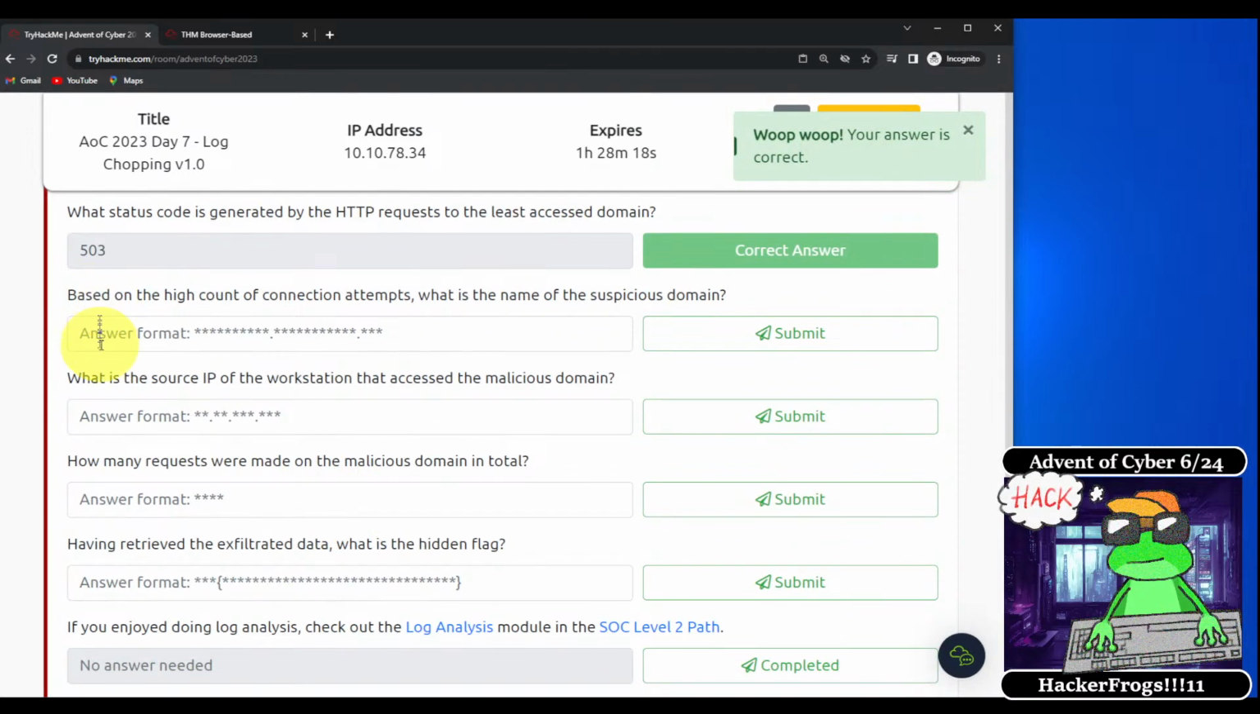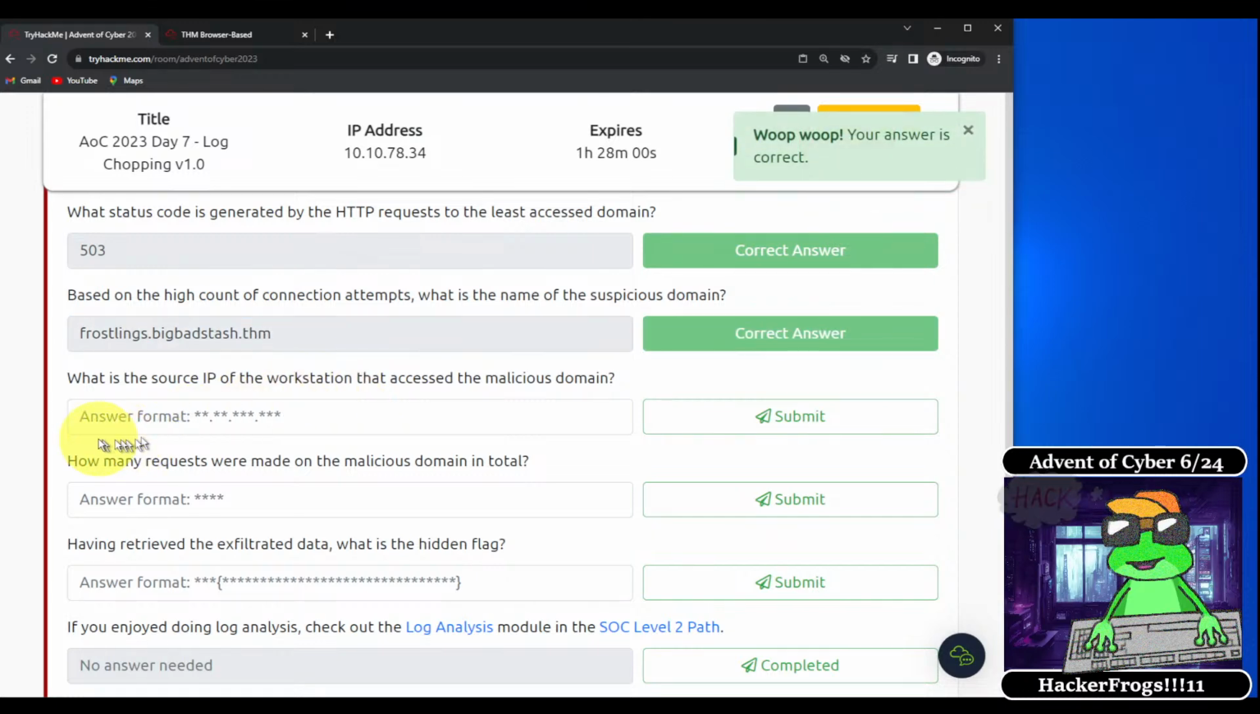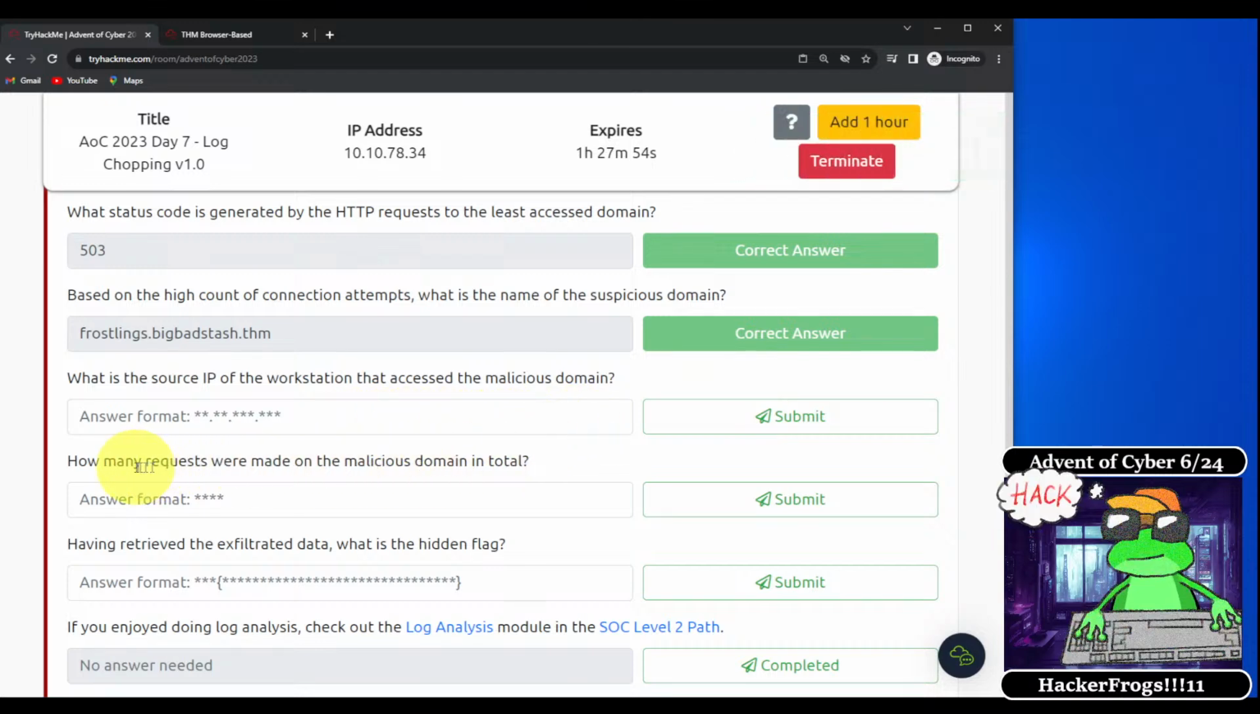All right, so based on the high number of connection attempts, what is the name of the suspicious domain? If you remember from our example back there, it was frostlings.bigbadstash.thm. Okay, the next one is, what is the source IP of the workstation that accessed the malicious domain? All right, so